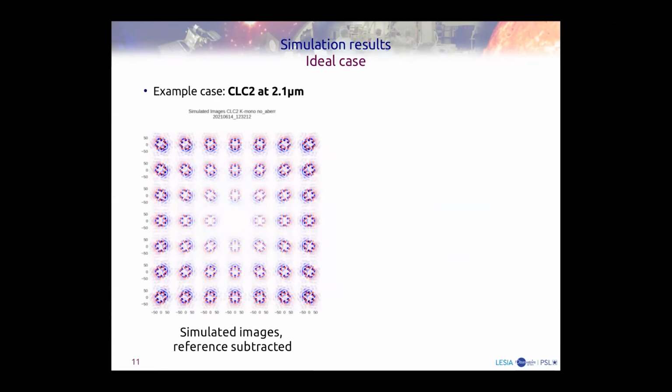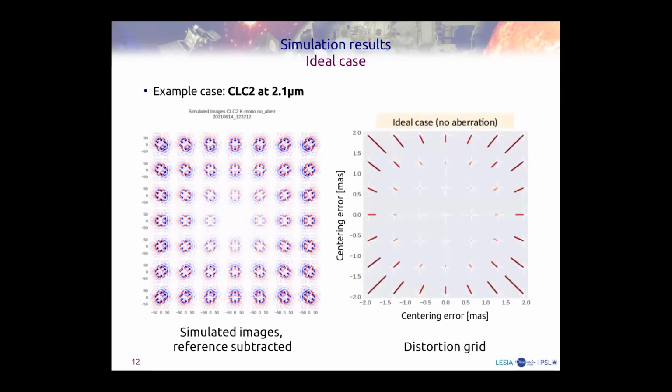Doing so, you can see the asymmetry in the images appear, and that's what's measured by the algorithm. I plotted the results into what I call the distortion grids, showing the difference between the true centering error